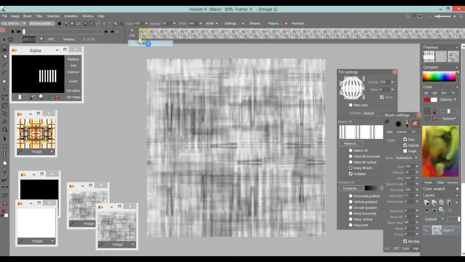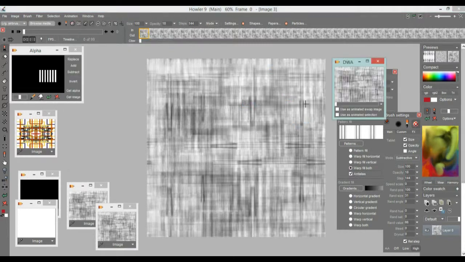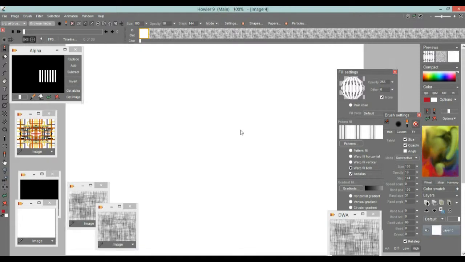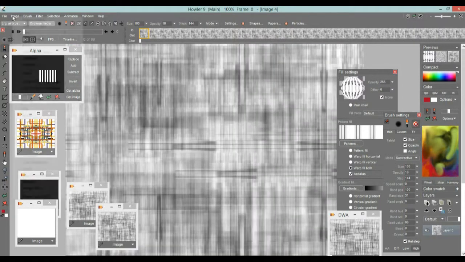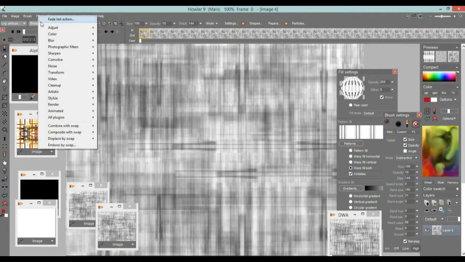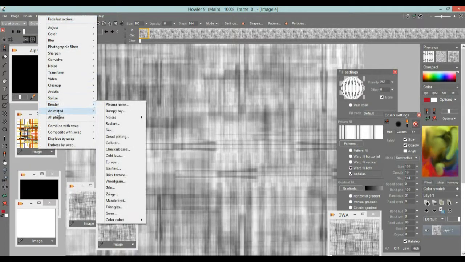We can go store to disk, for instance, and that way that animation is very easily at one click, we can restore it, we can use it again. Right, all we got to do is click in here and it will restore that. So now let's say I want to make this smaller. Let's resample that. Before I do that, let's just see what happens if I also add some rotation to that